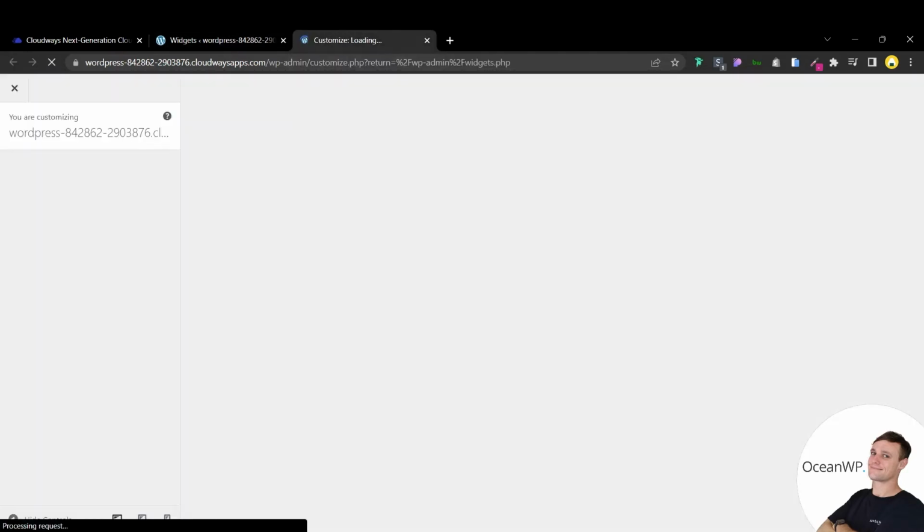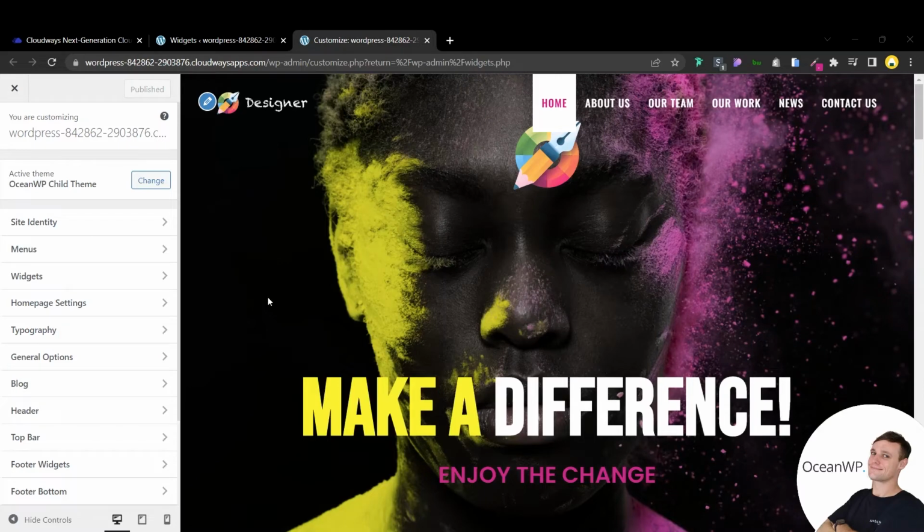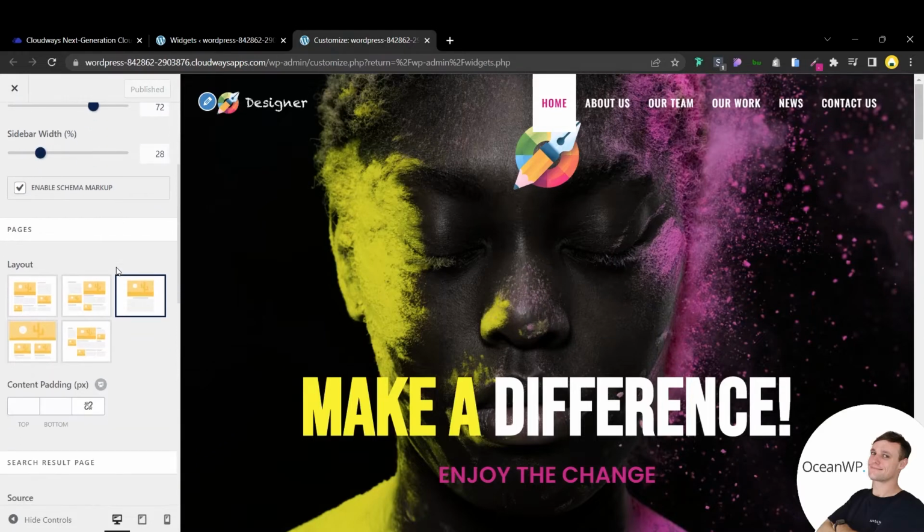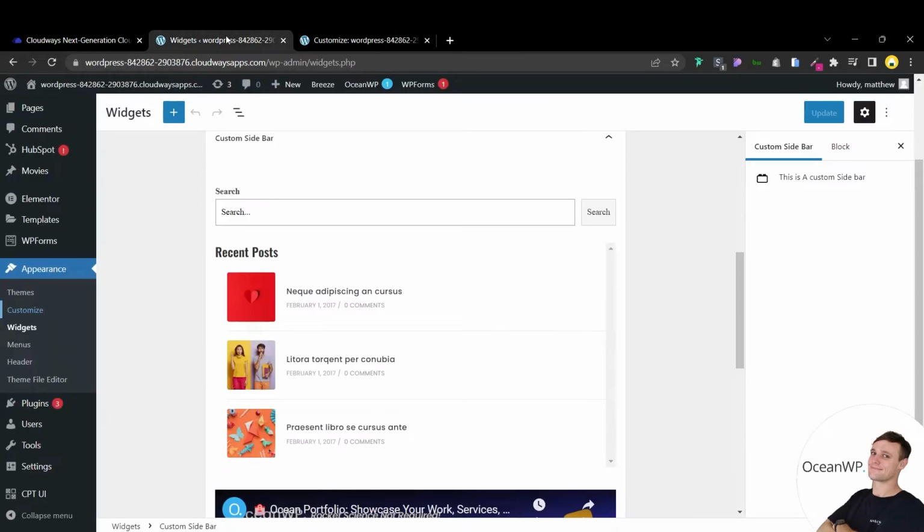Just going to wait for this to load. And now that that's finished loading, what we can do is head over to General Options and General Stylings. Now, as you can see, by default, my layout for all pages is set to full width. Let me show you guys what we would do in order to add a sidebar to a full width layout. So I'm going to head back over to my dashboard